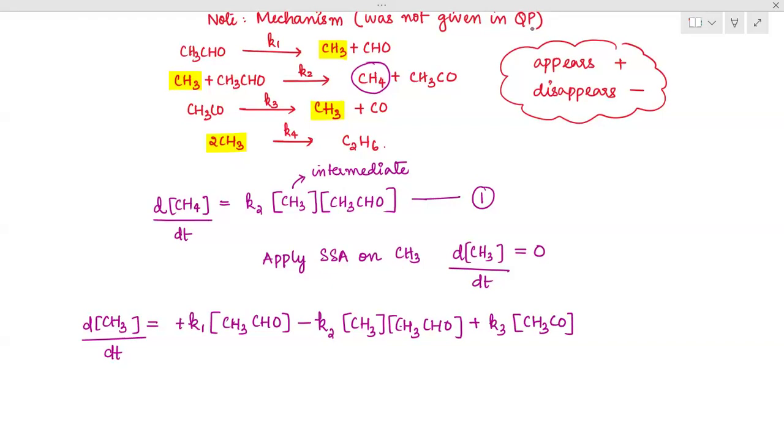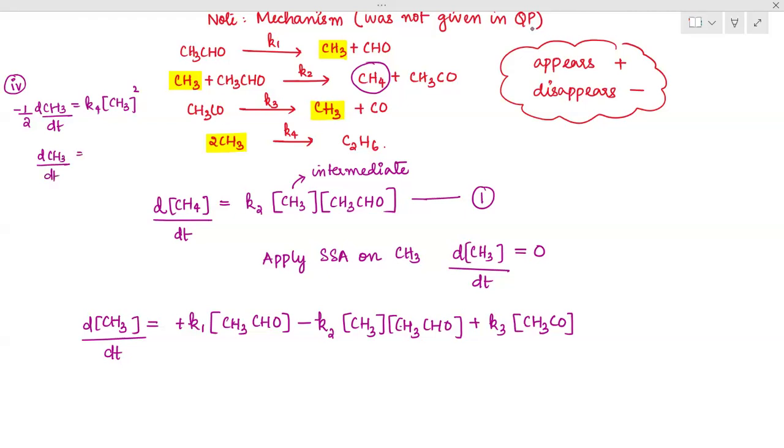So if I have to write the rate of the reaction, I'll write it over here. It is minus 1 by 2 d[CH3]/dt, which is equal to K4 into [CH3] to the power 2, the rate of the reaction of this particular step only, the fourth step only. Correct? Out of which, what do we need? We need only d[CH3]/dt. So if I rearrange,